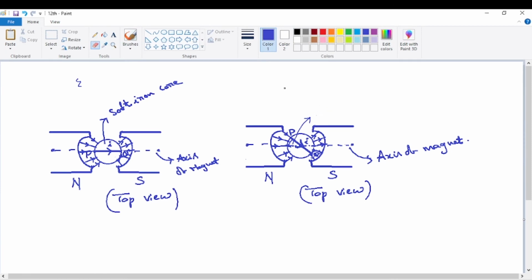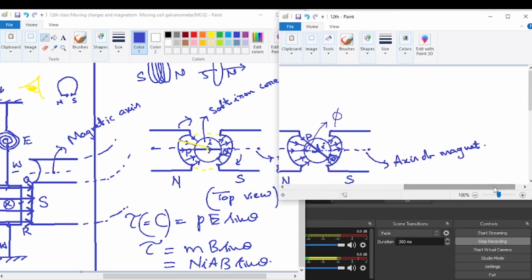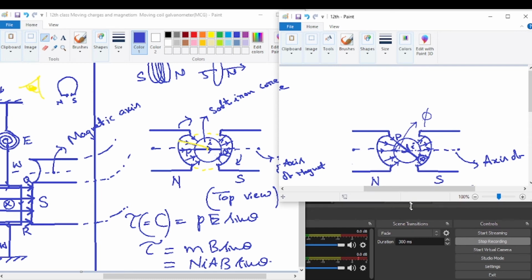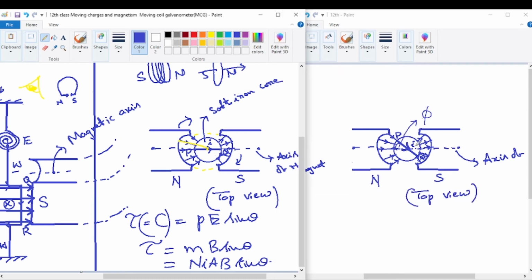So this deflection, because I don't want to use the same theta, because theta is the angle between the axis of the magnet and the magnetic field. So some other angle symbol should be used, phi. So phi is the angle of deflection. So that's the thing here. Whatever things we are seeing here are simple. Nowhere any complication is there. Okay, so this is the thing. This is the angle of deflection.